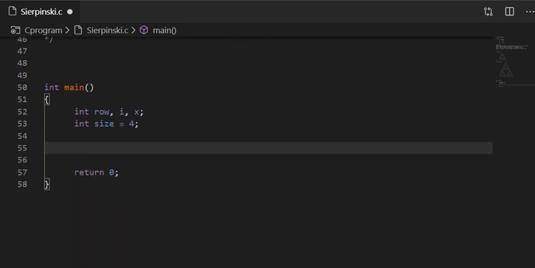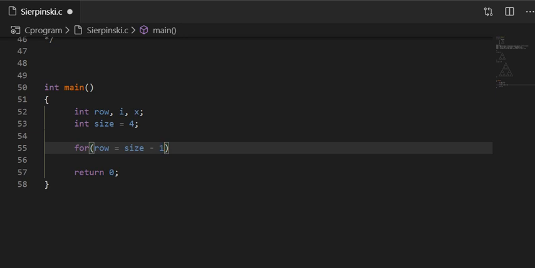Now the first one is to start a for loop for row, and we will start row with size minus 1. As we remember, we started the row with 3 for the size of 4.